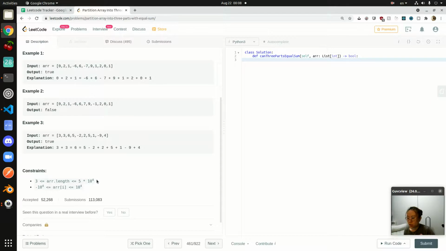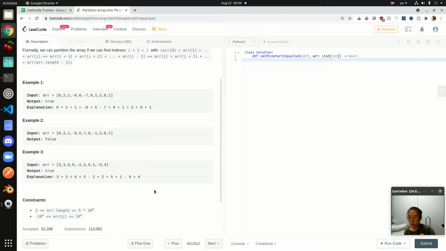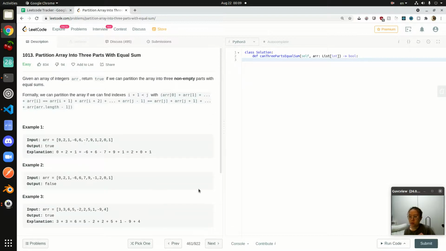And for the constraints, it states that the array length is at least 3 and above, and less than 5 times 10 to the power of 4. And then the elements themselves range from minus 10 to the power of 4 to 10 to the power of 4. So I think we can start off by